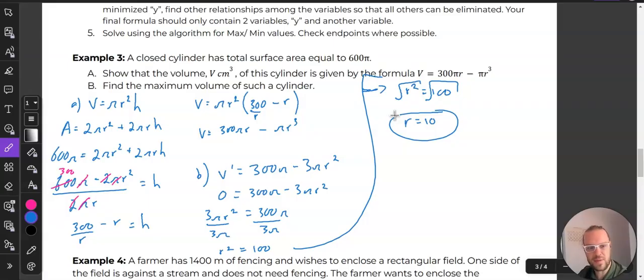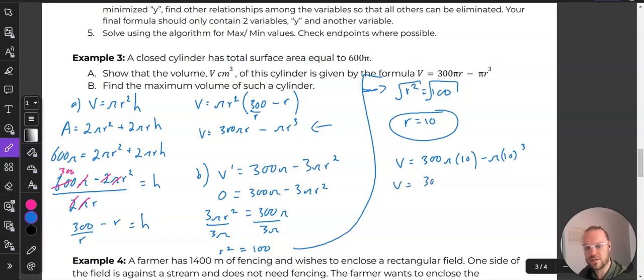Okay, but this one does say find the maximum volume. So if we want to find the maximum volume, we need to actually put that value in there. So I would recommend using our simplified version right here. That's the one we're going to use. And so that's 300 pi times 10 minus pi times 10 cubed,